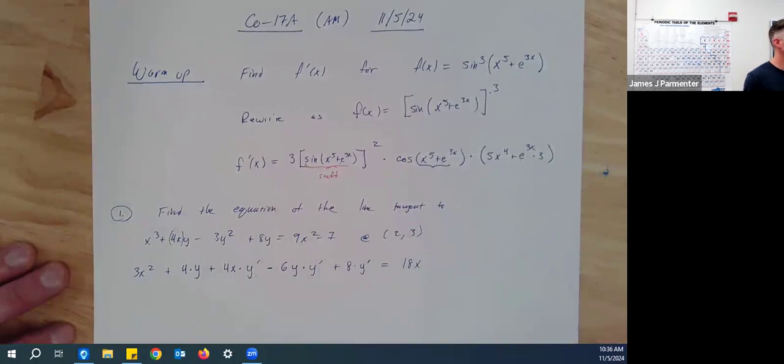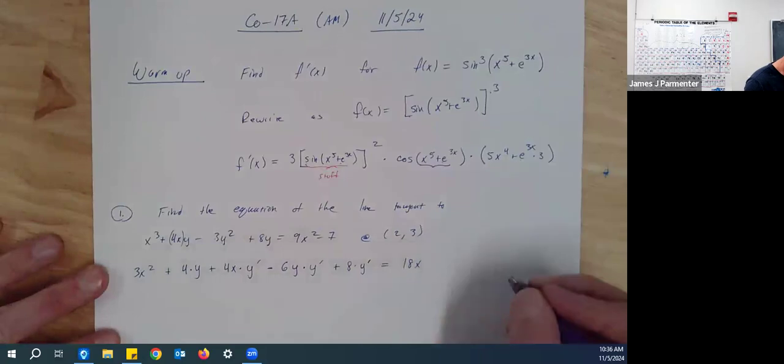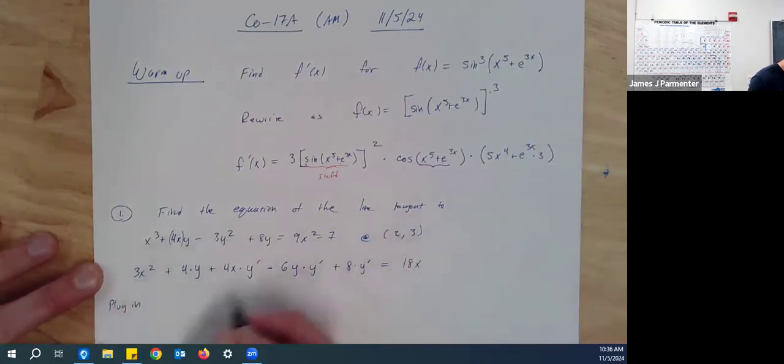So I would say that in my mind, there's kind of two varieties of implicit differentiation problems. This is the one where you're trying to find the slope at a particular point: after you differentiate both sides, you immediately plug in your x value and your y value. So we're going to plug in x equal to 2 and y equal to 3